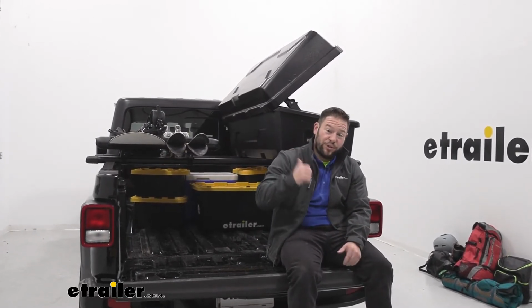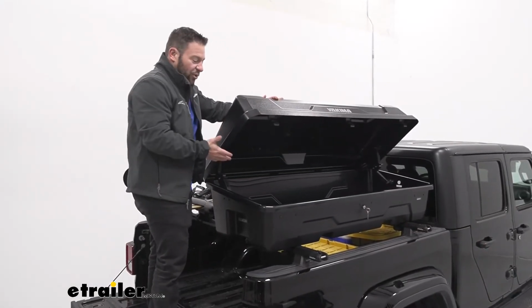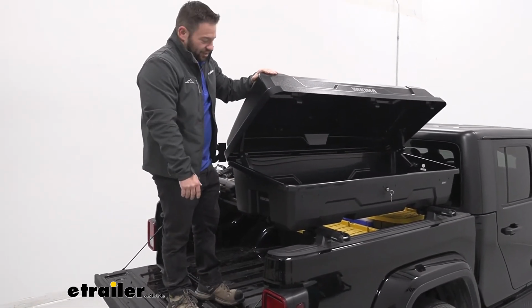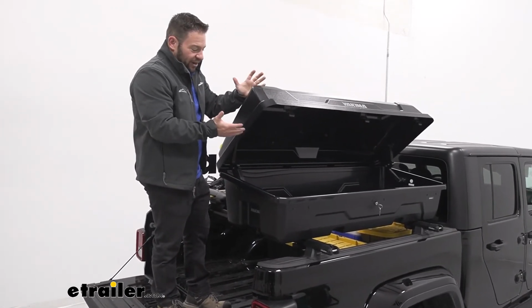That way we know if we don't overload that, we're gonna be just fine. I unloaded it so we can take a closer look on the inside, but some other things I wanna compare it to with the other roof boxes I've messed with is just the way the lid is very sturdy too. You can see I can move it back and forth like that. And it does move a little bit, but you don't have to worry about it falling back down on you